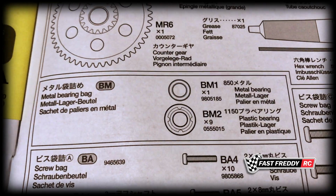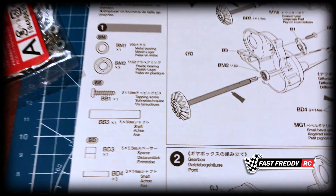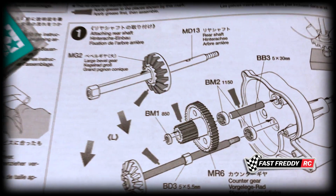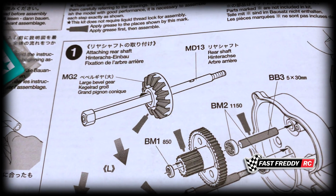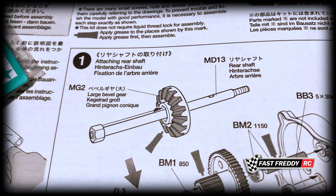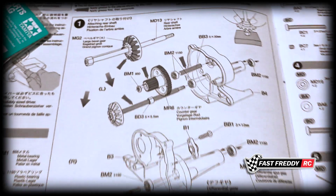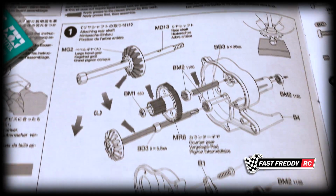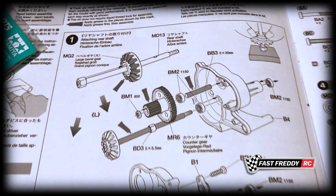So even though that is missing, I was never going to use any of that anyway. I have a full set of bearings, and that's what's going to be used to replace all of that. A little odd, but let's just hope that if for some reason you're not going to use the bearings, your kit came with that. Mine did not, so that's odd. So I'm just going to pull together all of the parts that we need, and then we'll start working on